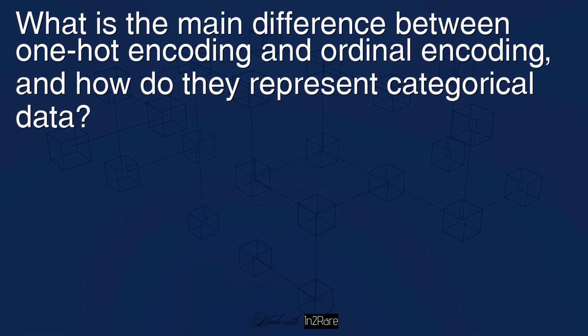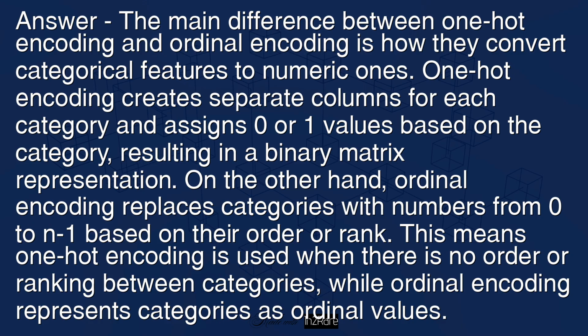What is the main difference between one-hot encoding and ordinal encoding, and how do they represent categorical data? Answer. The main difference between one-hot encoding and ordinal encoding is how they convert categorical features to numeric ones. One-hot encoding creates separate columns for each category and assigns 0 or 1 values based on the category, resulting in